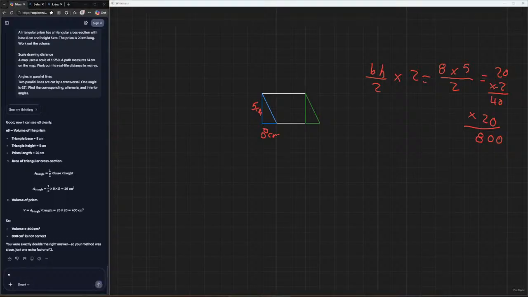So this bit here it was like this. And then how to do it was 20 times 20 is 400. Oh, and I even forgot to put my